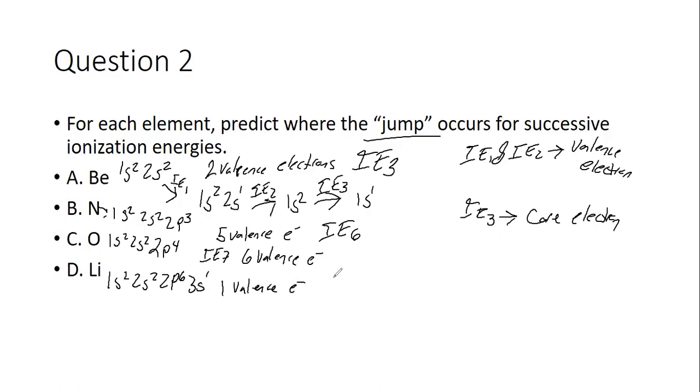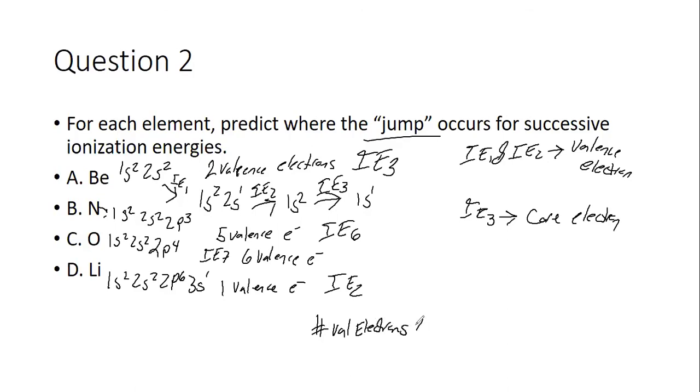So the big jump is going to happen at IE2 because the second time I try to remove an electron, or the second ionization energy, it's going to take a lot of energy to do that because it is a core electron. So to figure out the jump, to figure out what this number is, it's the number of valence electrons